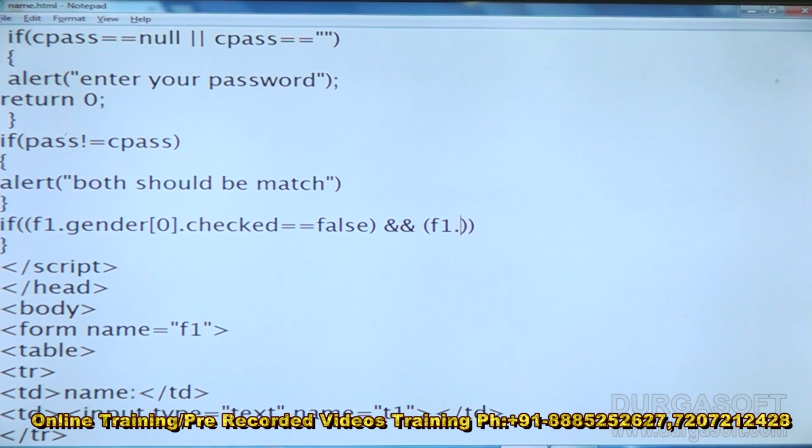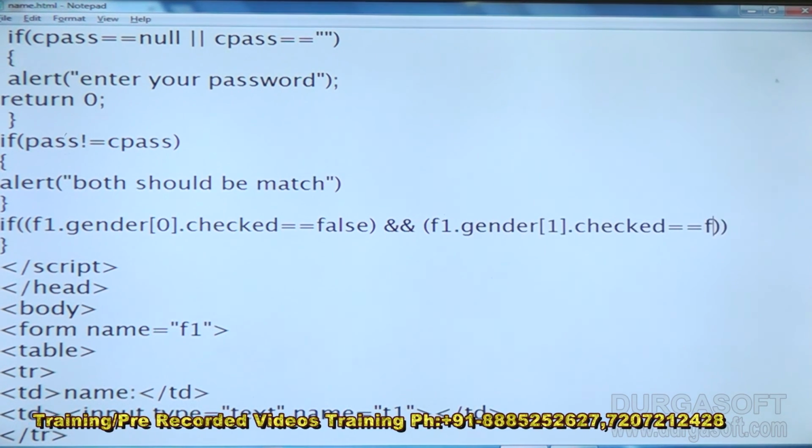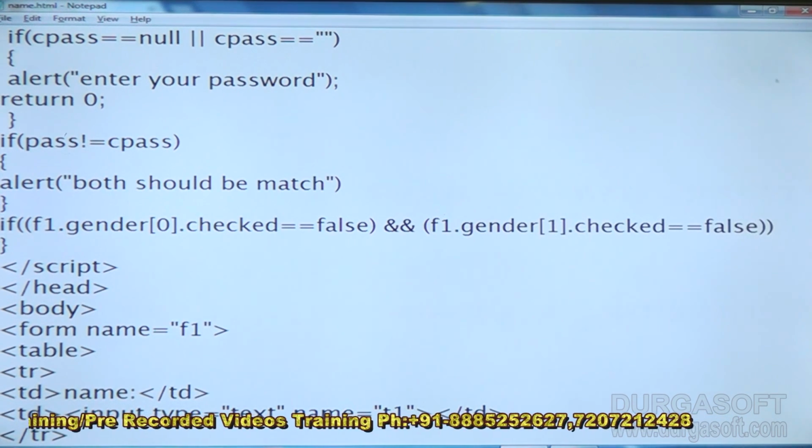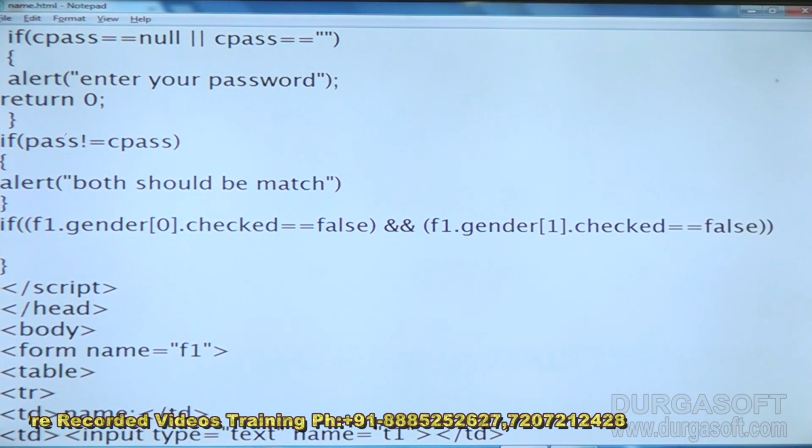F1. And what is the name of the radio buttons? Gender of, you are going to validate the second radio button. The index value of the second radio button is 1. That's why you have to write 1 dot checked. If it is checked is equal to false, then it is going to return